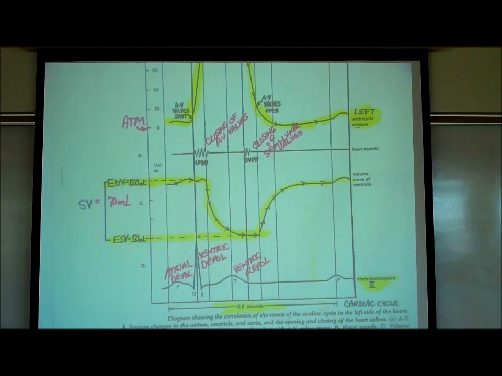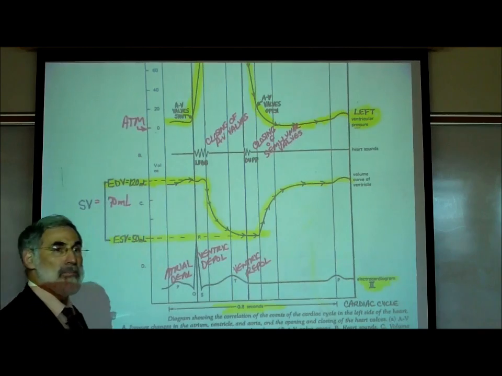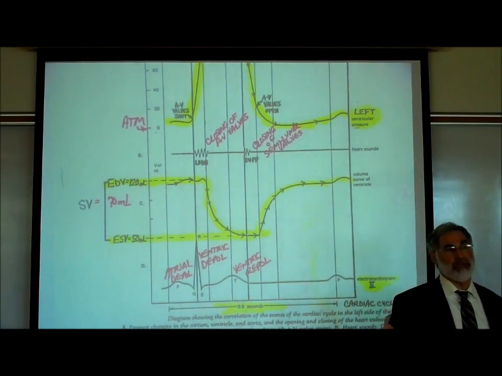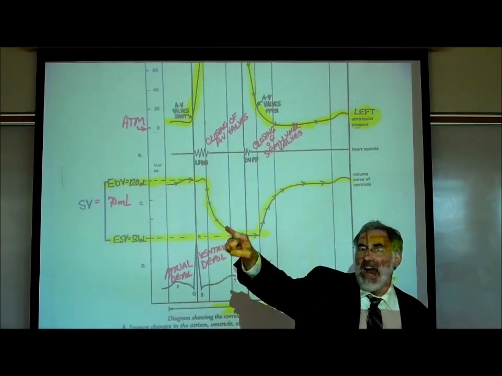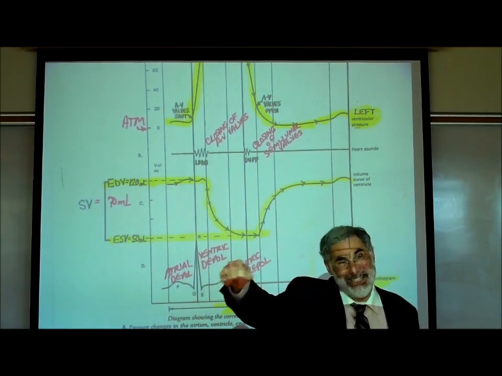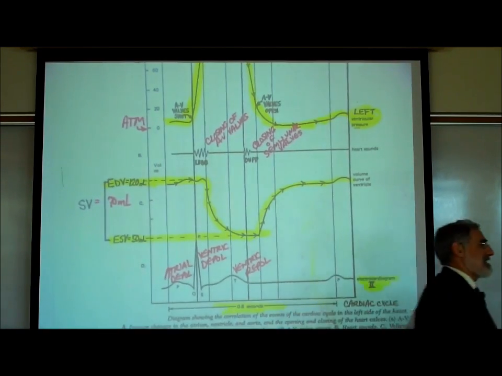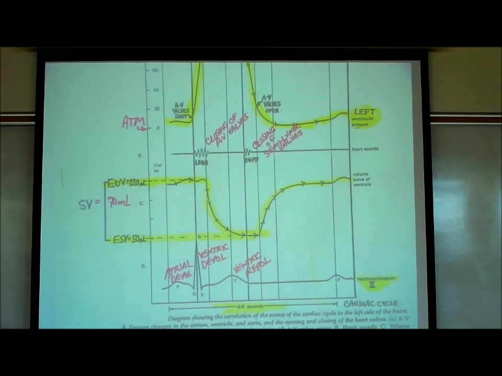Notice, this inlet valve has been forced shut, the outlet valve is shut, no blood is entering this room, no blood is leaving this room, and the pressure is increasing. You know what we call this period? Isovolumetric contraction phase of systole. The volume is staying the same, but the pressure is building up. As I've just pointed out, the higher the pressure gets in this room, it simply forces that valve to stay shut. But as the pressure increases in this room, 20 millimeters, 30, 40, 50, 60, 70, 75,